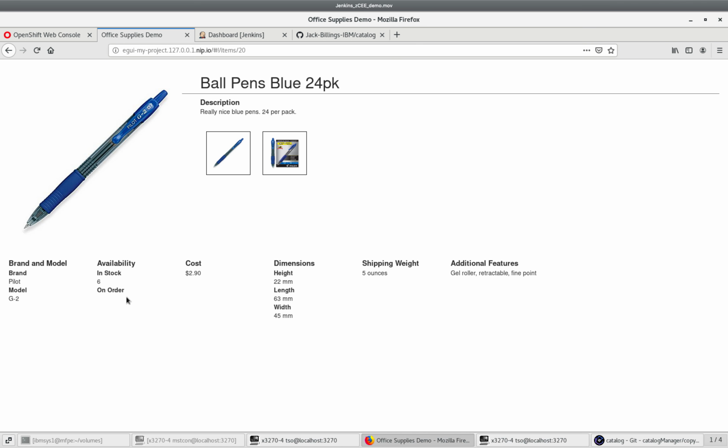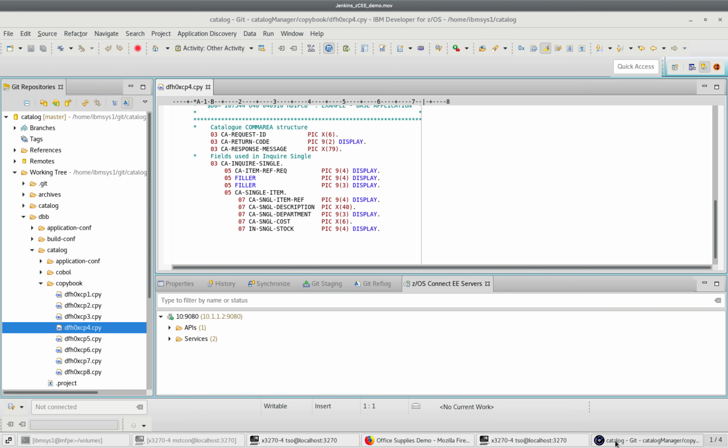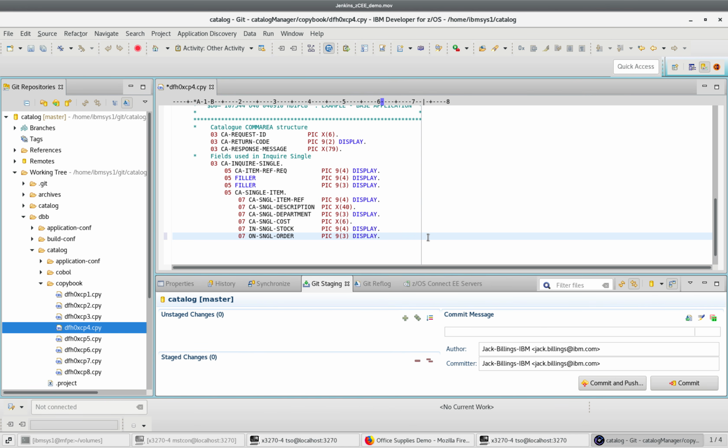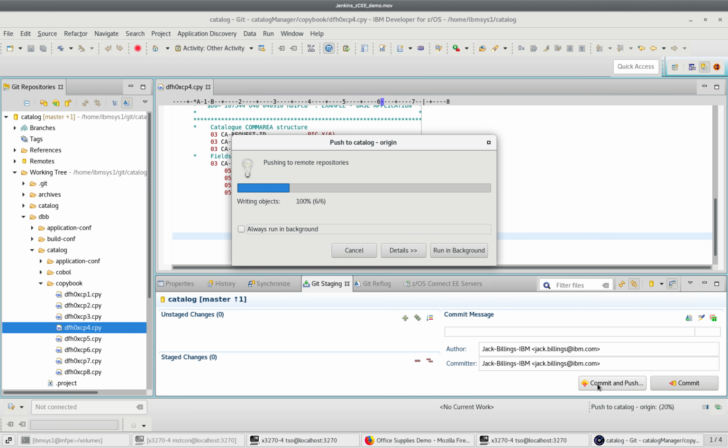So I need to go back to my COBOL copybook that is used to create the Inquire single service, then consumed by my Node.js app, and add an on order field in there. So I'll add that field, save it, stage that copybook for commit, and add a commit message: added on order field to the Inquire single copybook. I'll now commit and push that up to my GitHub repository,